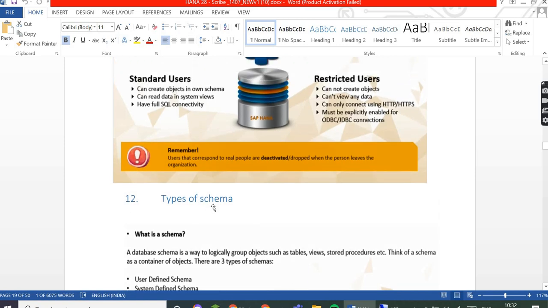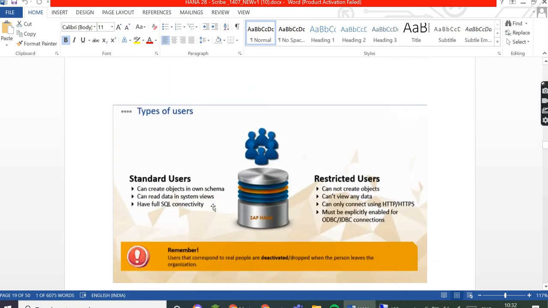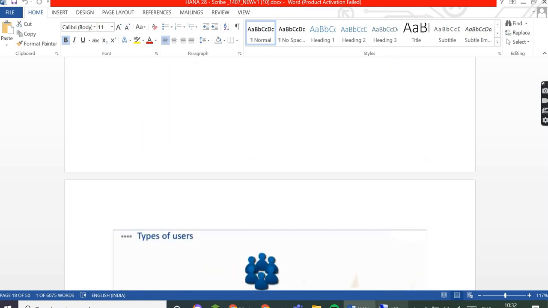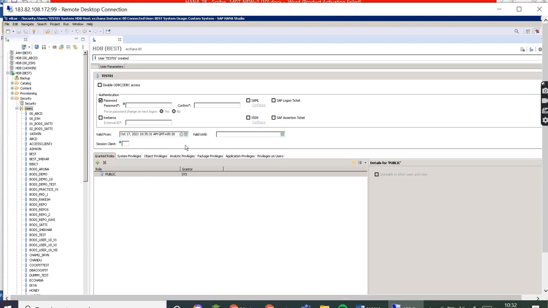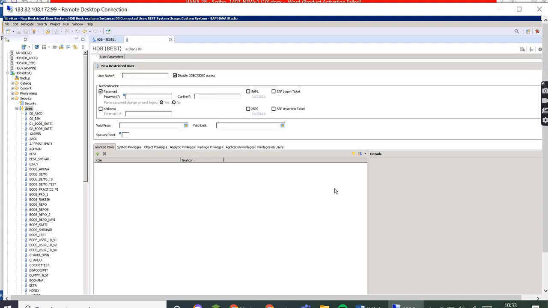Sir, are restricted users authenticated by password or by some other method? I mean the certificate one, X.509 or something. Yes, we will be creating them from here, for example. If we give the password, or if you use any other authentication method, for example SAML, then the password will be linked with their directory.